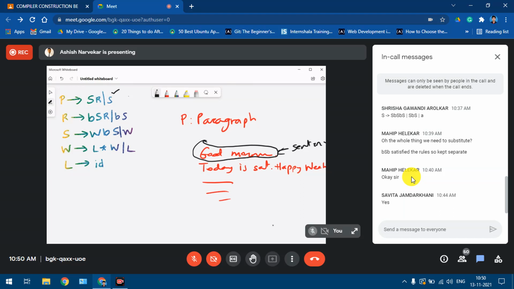So paragraph gives S, so it means this S refers to sentences or a single sentence. Okay, a paragraph could be just a single sentence also, right? Like for example, when you write any letter, you're sending an email or you're writing any letter, we write certain paragraphs which are just made up of one particular statement.